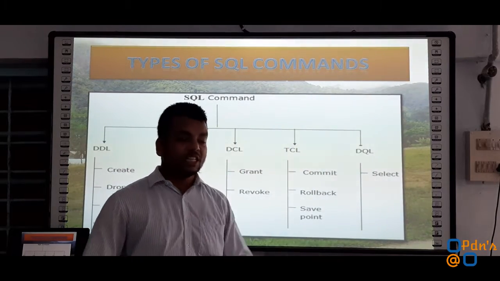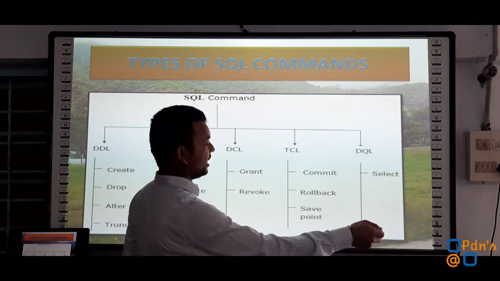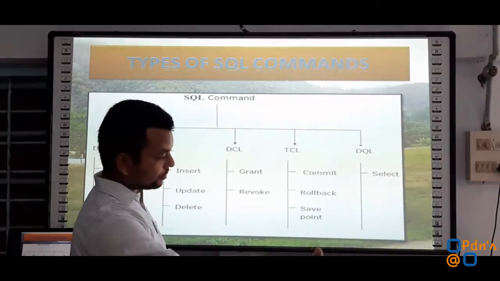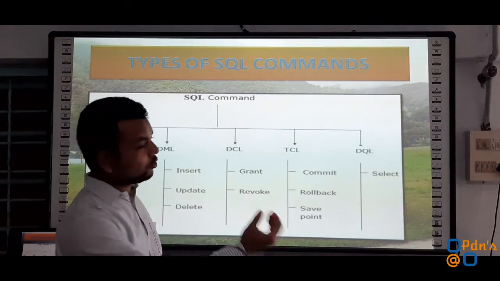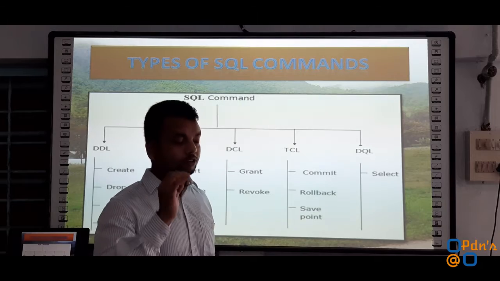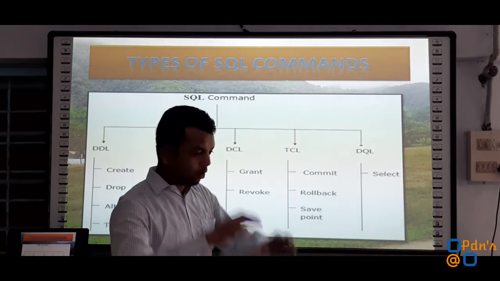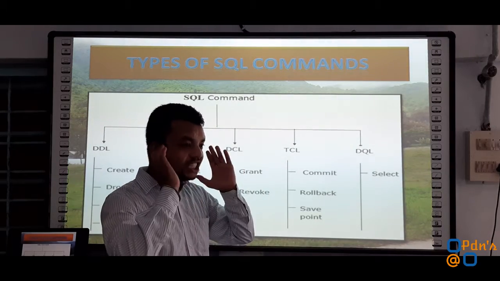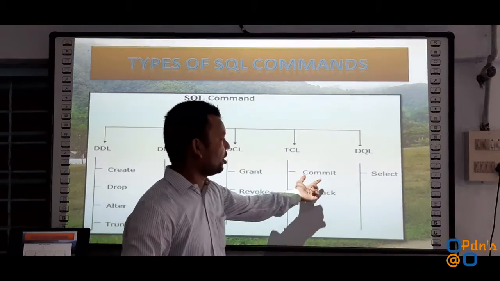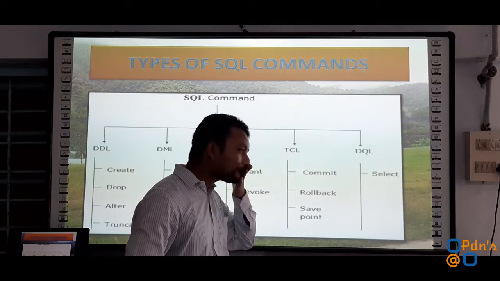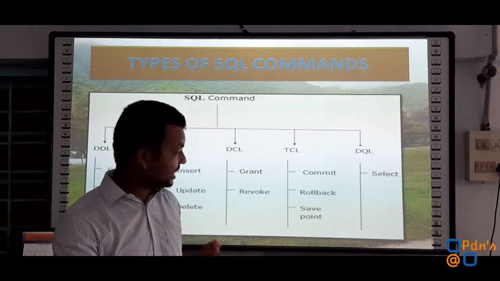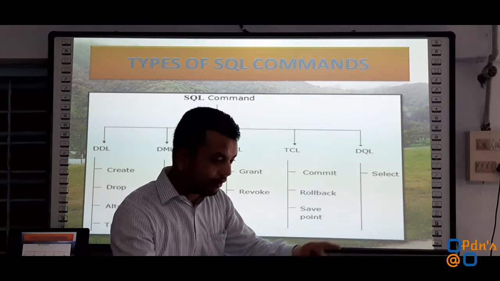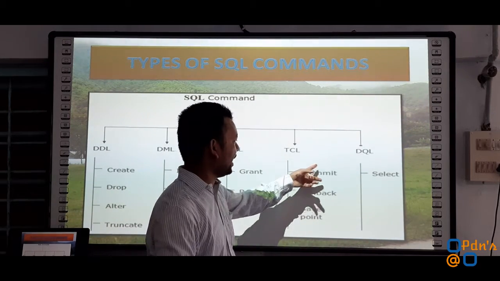The first one is commit. Suppose I insert an ATM card into an ATM machine, and once I give the command of withdrawing money, say a sum of 2000 rupees, at that particular point the system has to be committed, or saved. That is known as commit. If our transaction is successful, in that situation we need to store the value in our database at that point. That will be handled by commit.